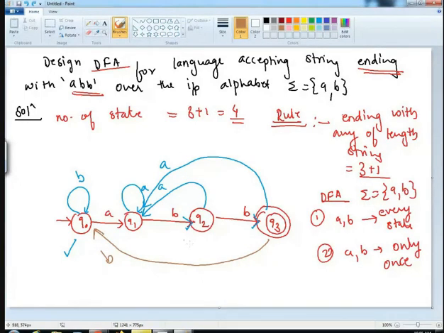But I cannot place it at Q1 and Q2. So how have you started? You have started with the substring that needs to be designed, and then you have placed it on the transitions that are there. And if it is ending with ABB, I have given it to the final state. Correct? Have all understood this problem?